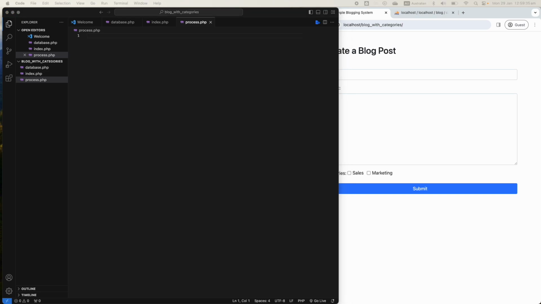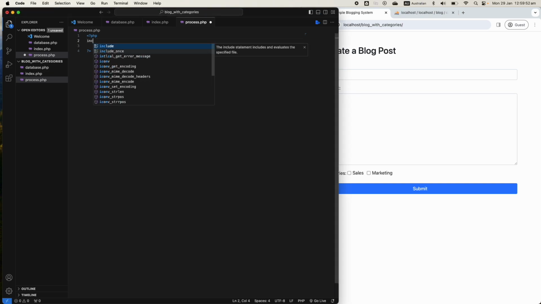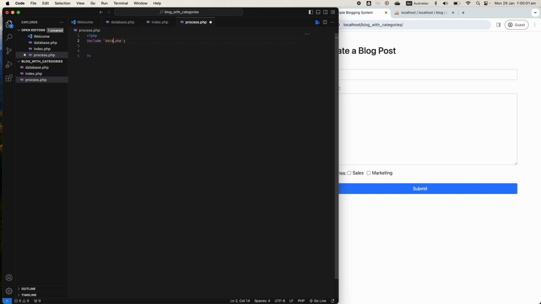So for the process page, we're gonna use PHP. So first things first, we will connect the database first. Include PHP dot database. Right, now if the user clicks on post, then we